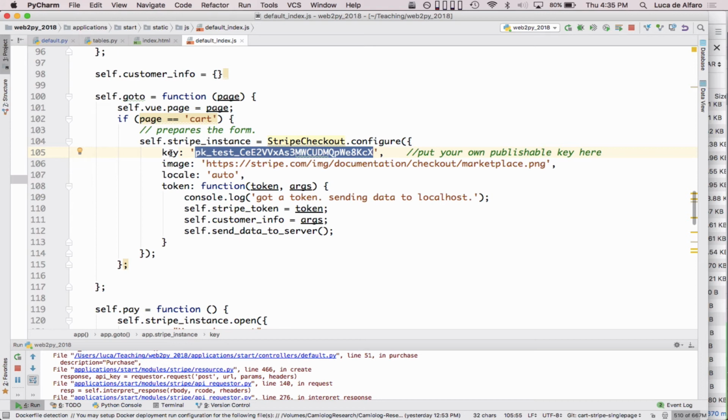So I specify in this Stripe instance my key, an image, which I didn't personalize, but this is a sort of logo that is displayed on top of your pay field where you enter your information. Auto means choose the localization for country automatically according to the IP address, essentially, something like that. And then I specify this function. It's called token, but this essentially is the function that will be called upon success of the payment. And that is passed the token that is received from Stripe and some other arguments that contain the customer